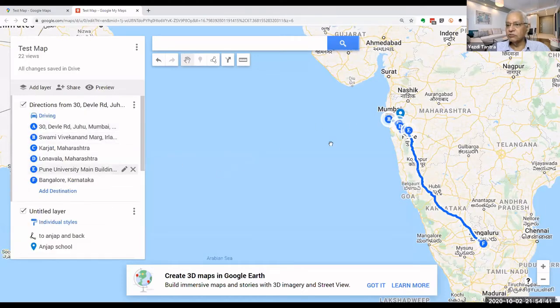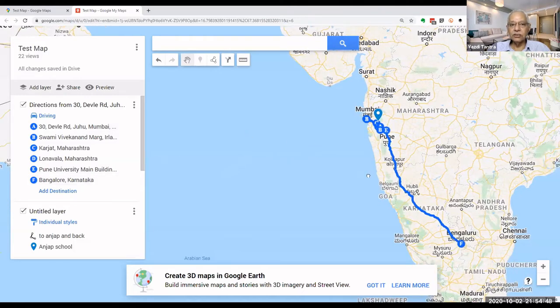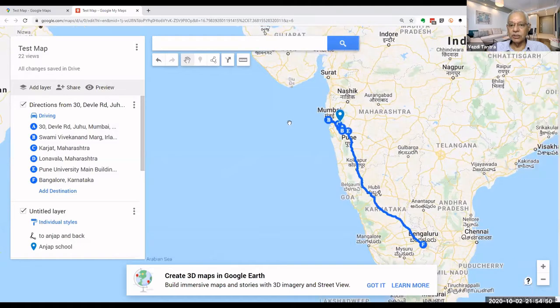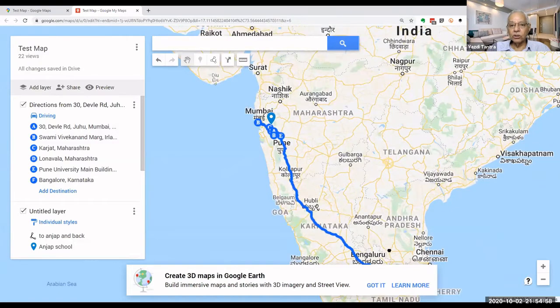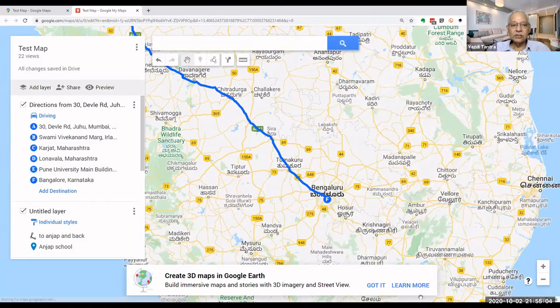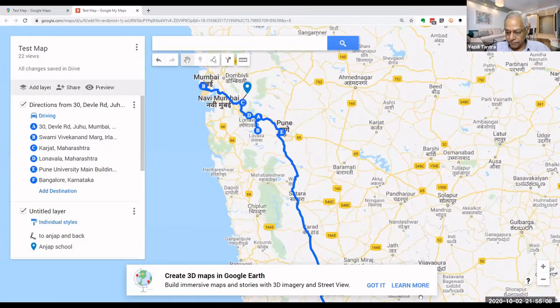All these things will be visible there, and if I expand this, I can see all the detours also. I have gone here once, I have gone from here to here, and here also I had a detour somewhere. So automatically it will save this map and allow me to share it with others. Now this is a very, very useful thing.